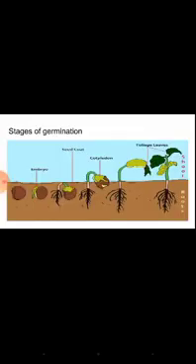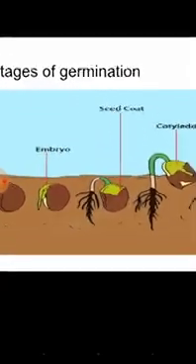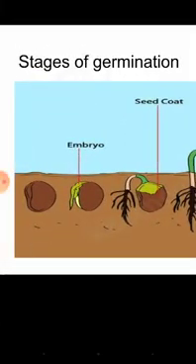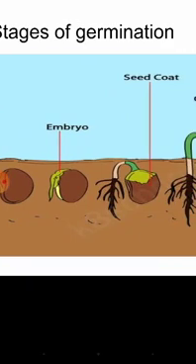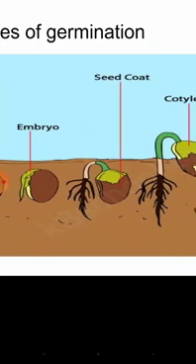See the stages of germination. This is what I have explained to you now in words. See the picture; from the picture you can clearly understand. In the first picture, the seed is completely buried inside the soil. So it is absorbing water. It is getting air and nutrition from the cotyledon. Slowly the brown seed coat ruptures. Ruptures means tears off, and the radicle part of the embryo comes out of the seed, and it bears some branches.